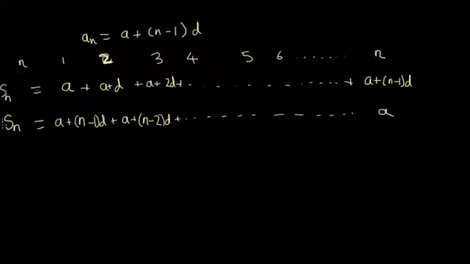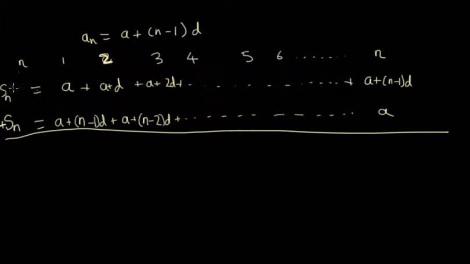What would happen if we added this to this? Let's add each term together. We're going to have 2Sn equals 2a, we've got 2a plus